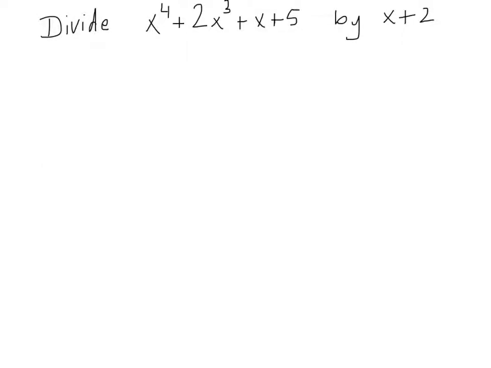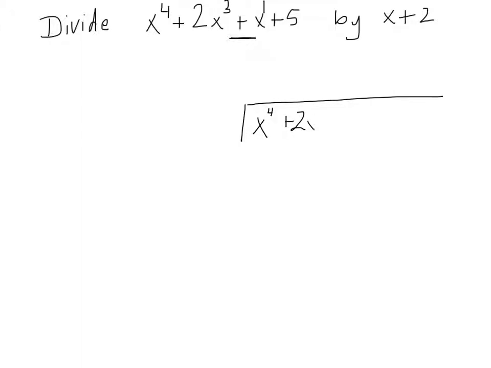Okay, this is a long division question. The first thing we notice is that our dividend is missing a term. It goes straight from the cube term to the x to the first, so the squared term is missing. So when we set up our division situation here, I'm going to put the dividend as x to the fourth